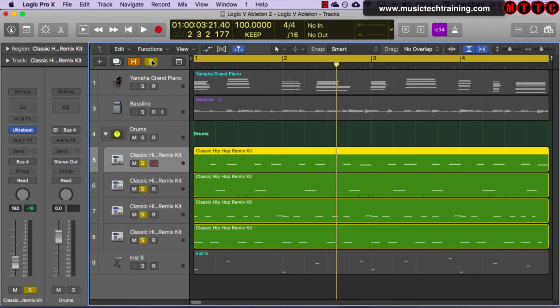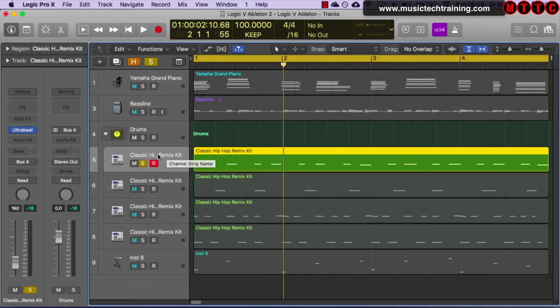So what I'm going to do now to rename this track, there are a couple of ways. You can double click, or you can do shift return. And I'm going to type Tom there. And as you can see, I've renamed the track, but the region hasn't been renamed. I could select the region, come up here and rename it as Tom, or I can click on the track,